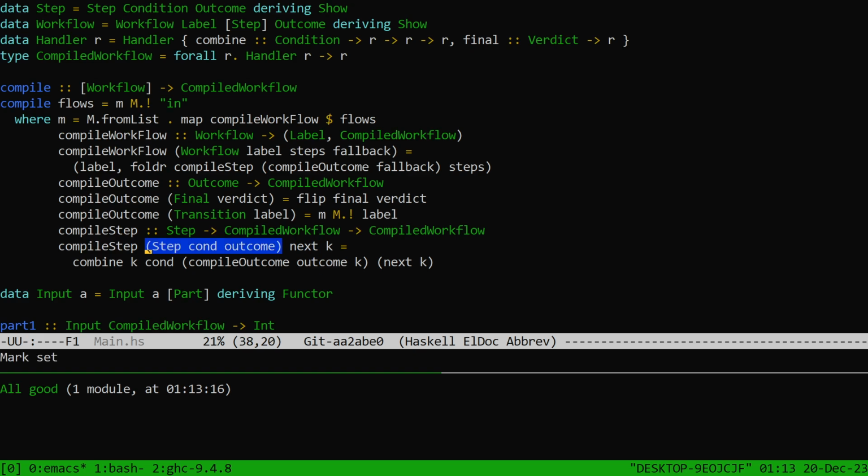And this is a thing we still need to compile the pieces of. So we call the user's combine function, which is combine of k, because remember k is the record that has combine as a field. And we just pass it the condition. It's your job to figure out what to do with this condition. And then its second argument is compiling the outcome, and the third argument is compiling